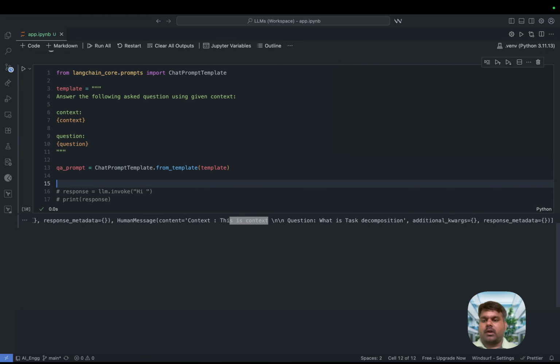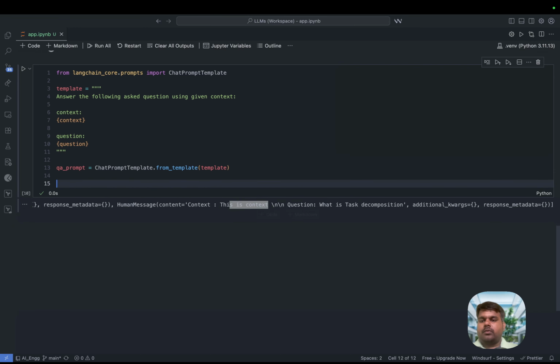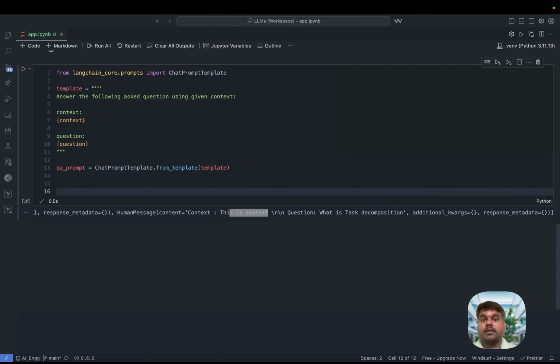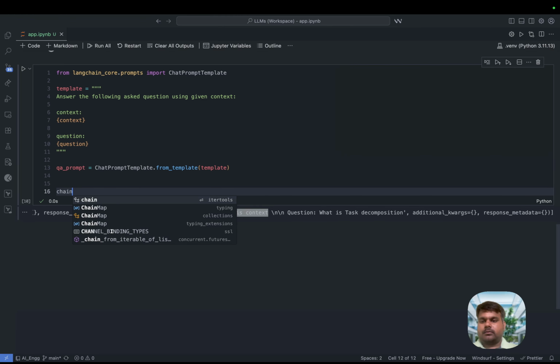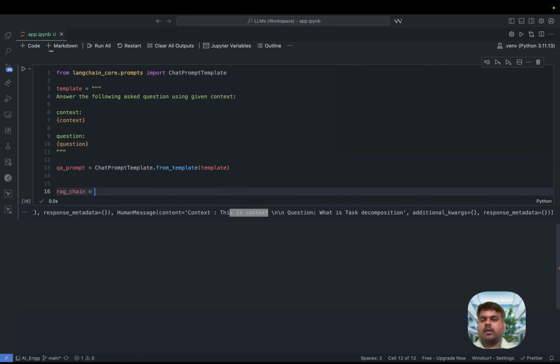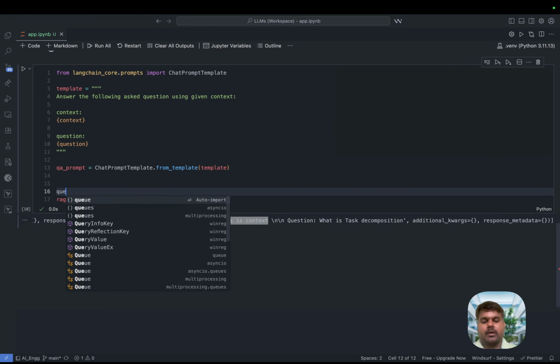So now, since everything is done, we need to do one more thing: we need to create a chain, a RAG chain basically. And here we need to pass the context and the question, remember. So first, how will the context be given? The context will be fetched based on the question asked. Okay, it means if this is your question,